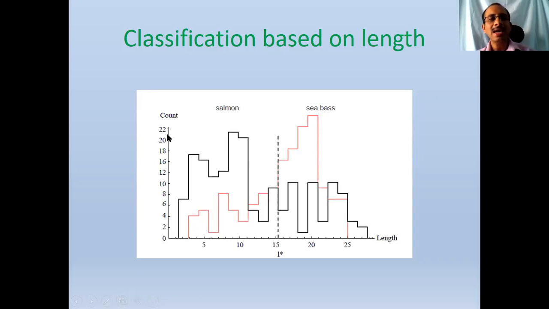But the count keeps varying based on the number of fishes I may have. Today I may have 100 fishes with me of class 1, class 2. Tomorrow I may have faces of thousands of persons with me. Or in some other scenario, blood cells of millions, or even thousands. So in each case the count keeps varying, so I want to have a better normalized count on the y-axis.